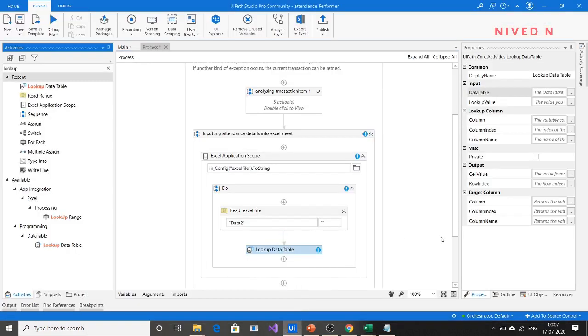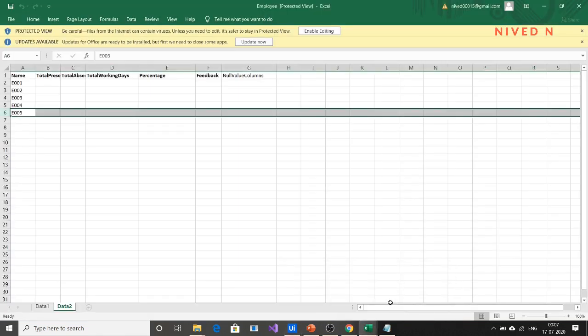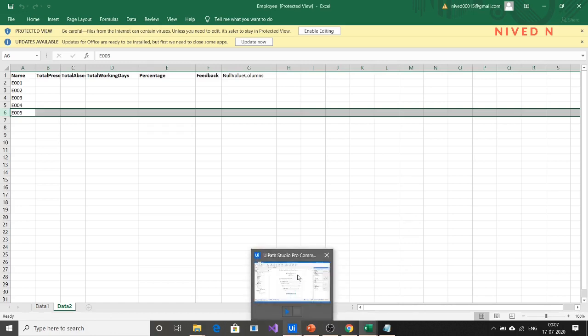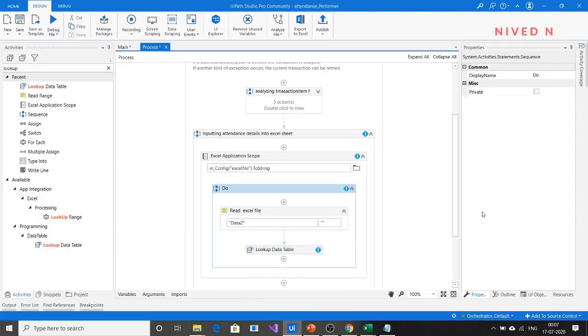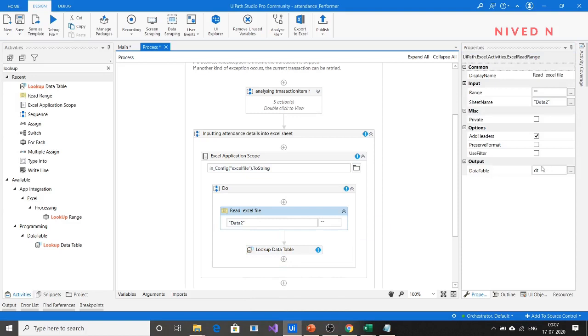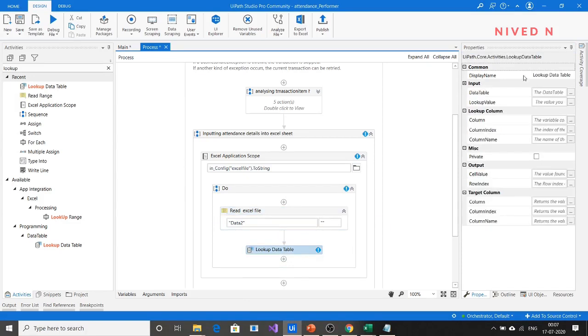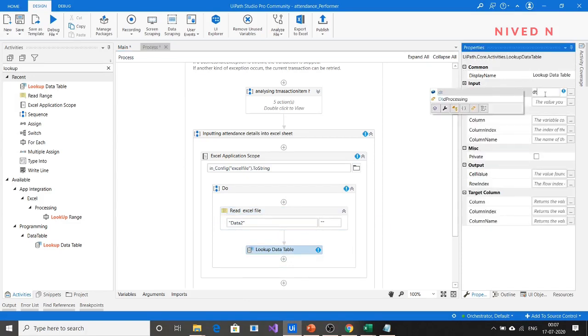In the lookup data table activity, you have to give the input data table, meaning which data table you are looking in. Here, we are looking up the value in this data 2 Excel sheet, which is stored in the data table called dt. So you give the data table as dt. Now, what is the value you want to look up here?